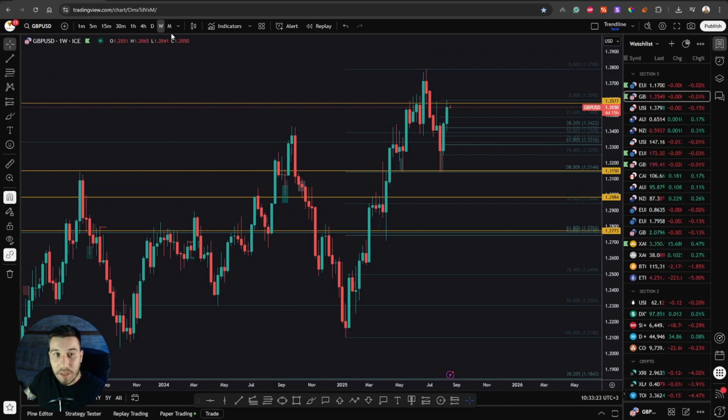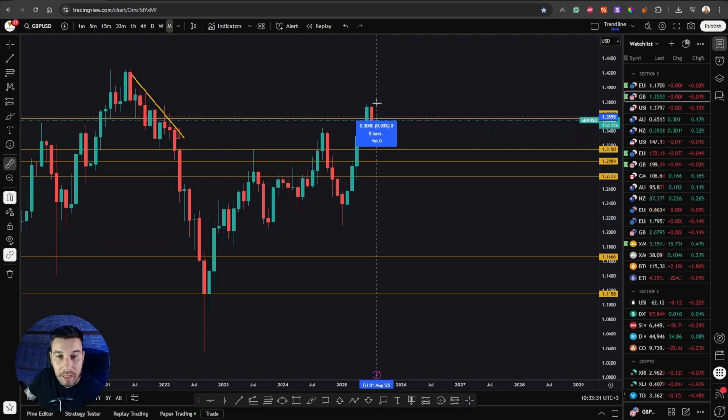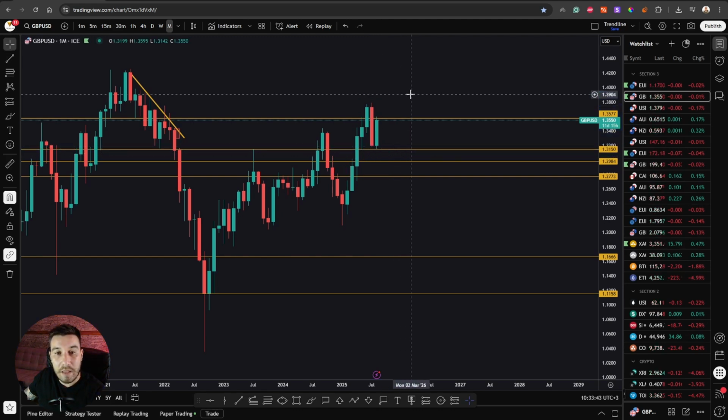Exactly the same thing. In fact, we had an even deeper pullback here on pound dollar. You can see the monthly candle. We're talking about a candle of around 400. Oops, no, this is this month's candle. Here is last month. We've got 600 pips of a bearish move, and even though we had that, we were entering long trades because the overall idea is that price will eventually keep pushing up,